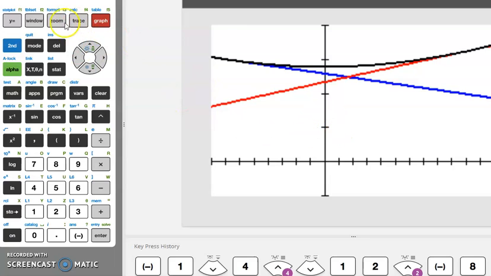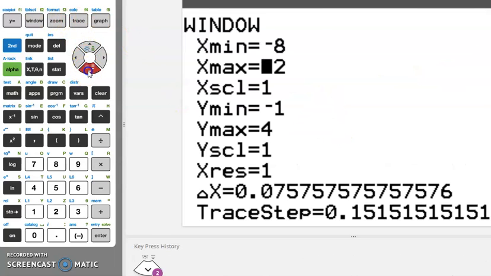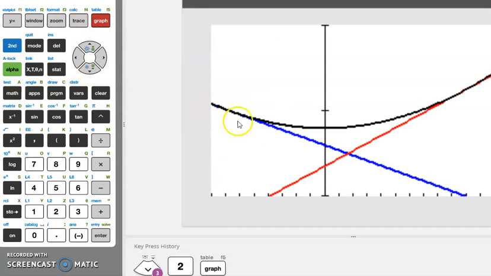I don't need this part, so I'm going to change my window again, setting y min to 2, and that's a little better, right? So you just have to play with your window. I'm looking for this intersection point here and this one here. It's hard to see, but second function, calc,